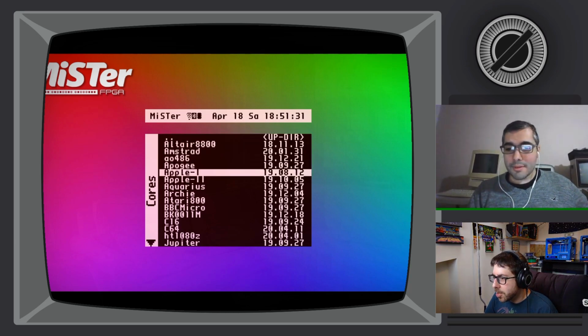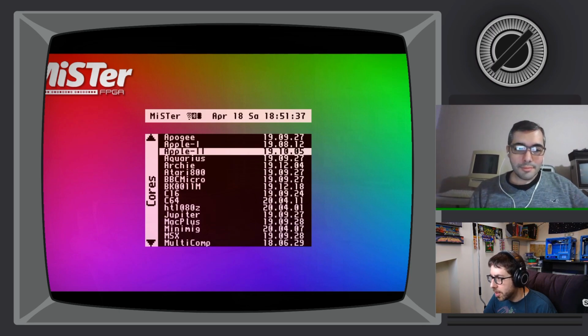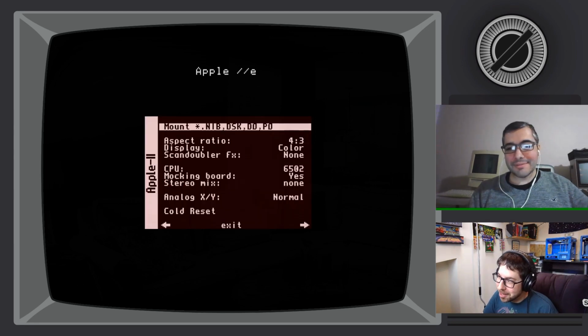So I just went to the computers folder, just to show everyone an example here, I'll boot up the Apple II. Yeah, that's great. Let's play some Oregon Trail. A lot of times when you load a core, you may not even know that you loaded it because it might be a black screen, but then you load your...